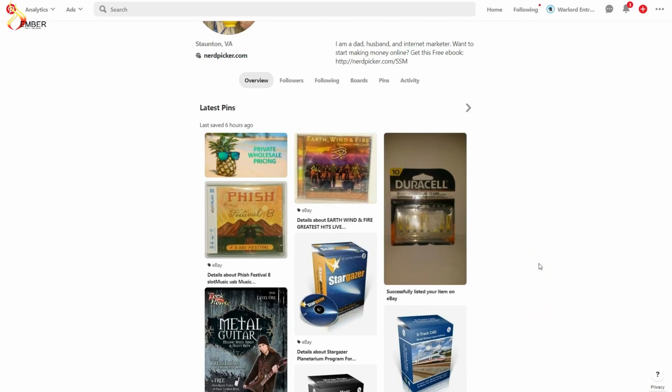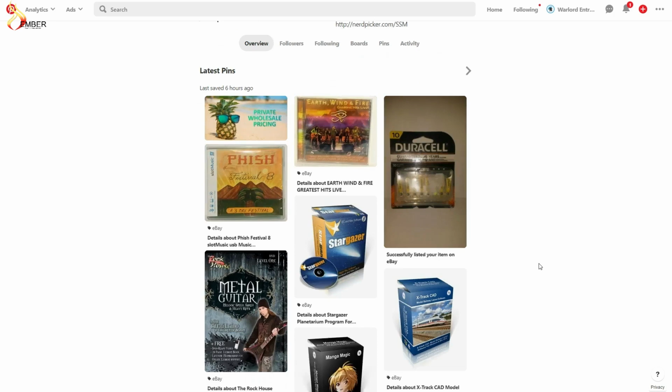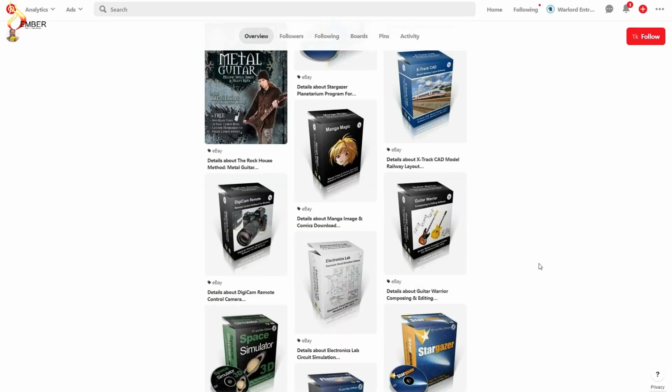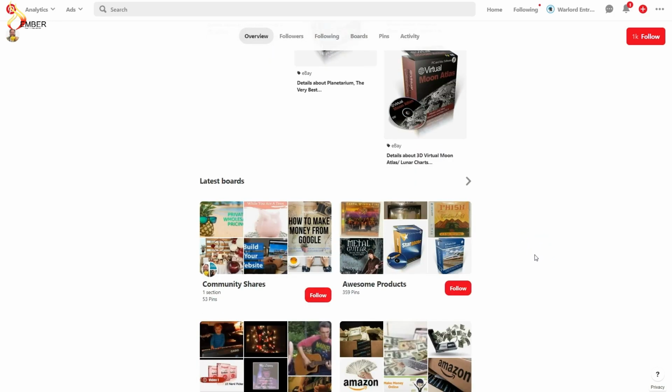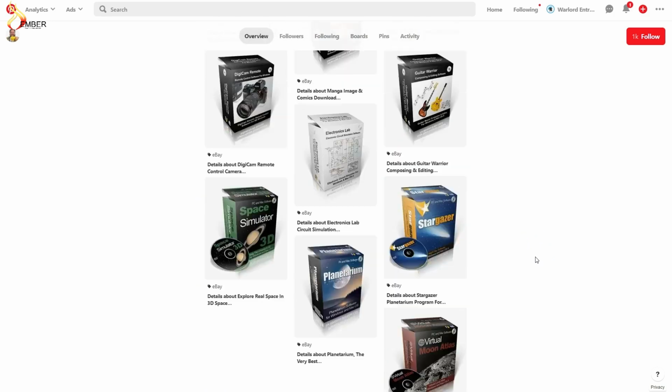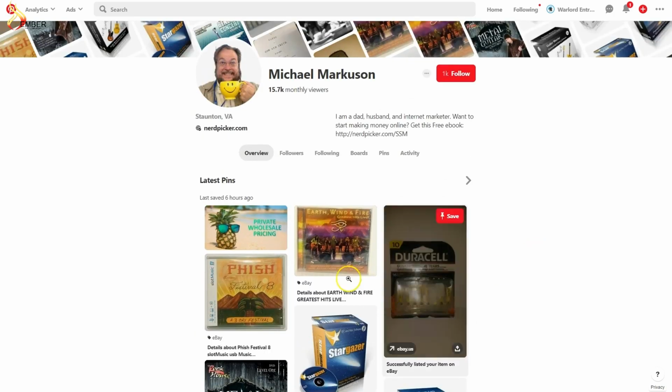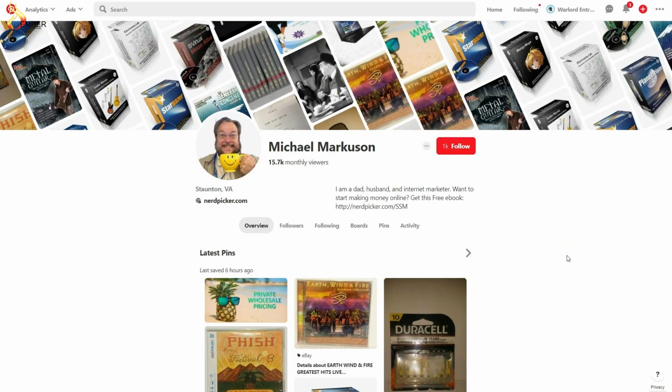It's all about images. So let's say a consumer who is not running a business goes throughout the web, and if they see something that interests them and they want to share with other people, they would pin it to one of their boards. So, hey, here's a cool CD that I just bought, or that I'm thinking about buying, or what do you guys think about this? They would pin it. Make sense? In the case of a business owner, what you're doing is pinning your stuff with your web properties.